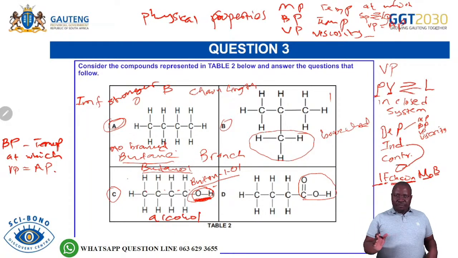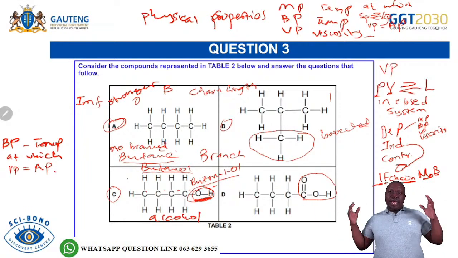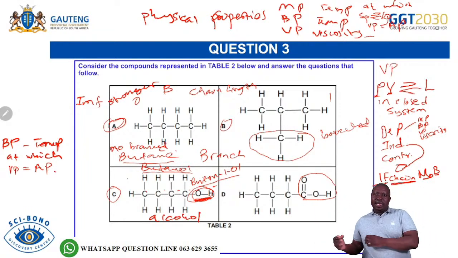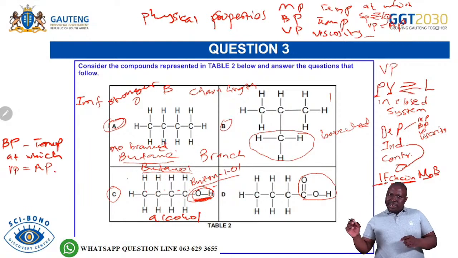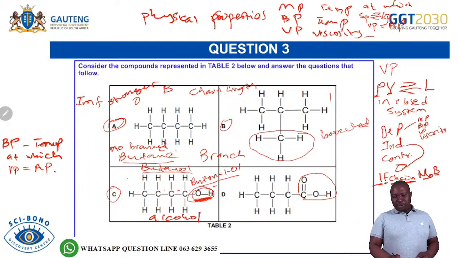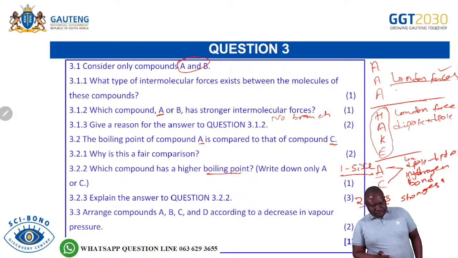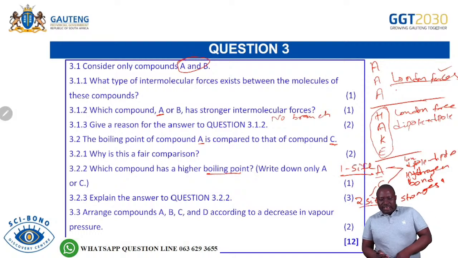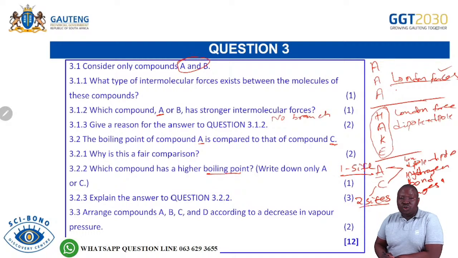We're able to say if the strength of intermolecular force increases, then the boiling point will be high as well. But the vapor pressure will decrease. So in this case, the boiling point will be higher for C as compared to A. What is the reason? It is the strength of the intermolecular force, because compound C has hydrogen bond. Hope you understand that. Now, when you are answering these questions, look at question 3.2.3.